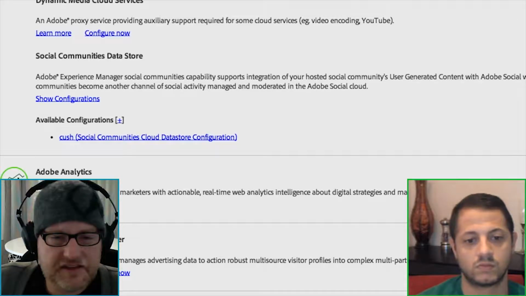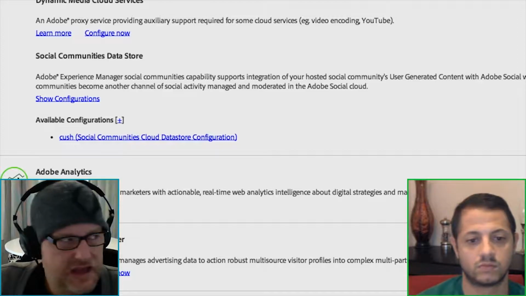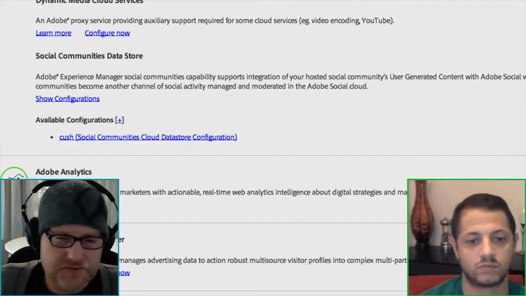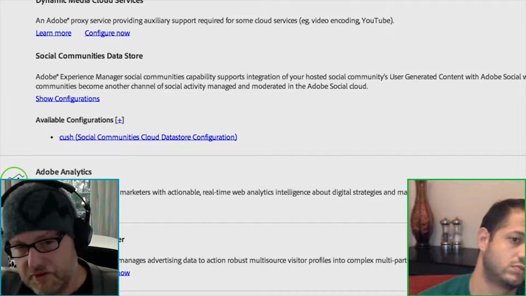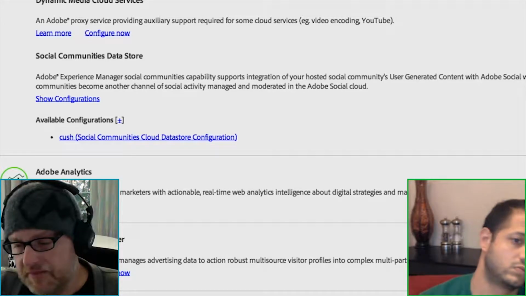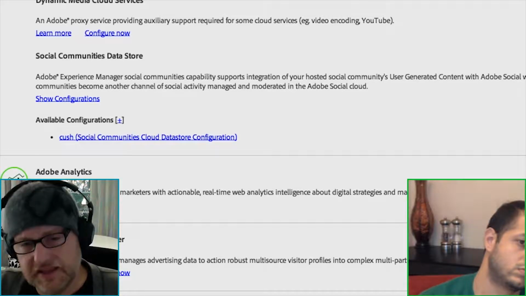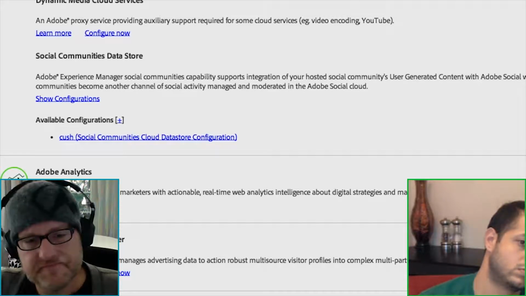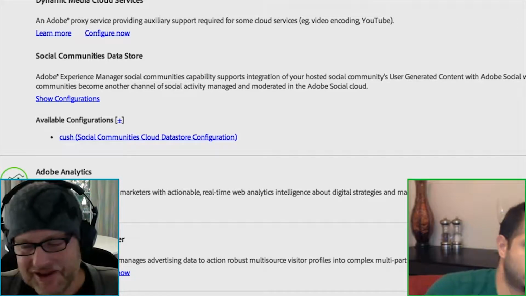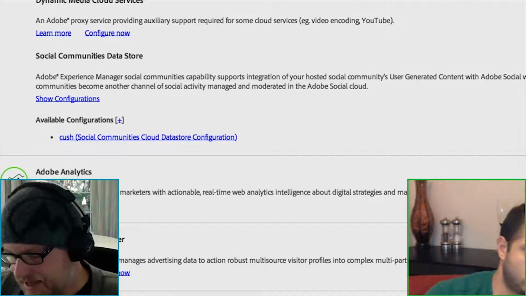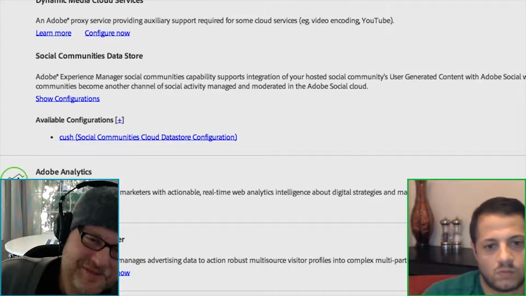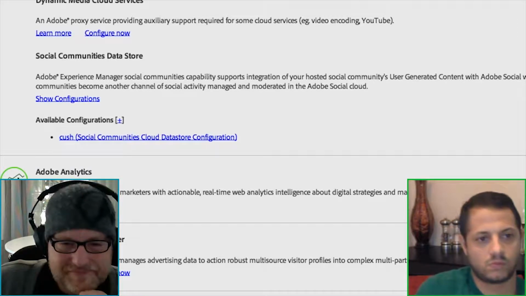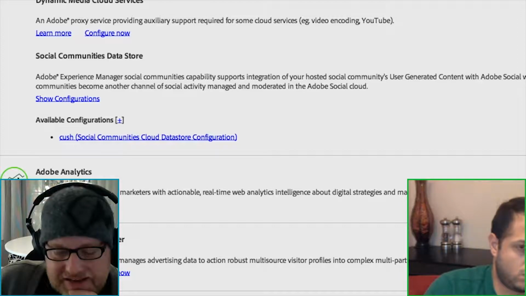So this was taken. This came out of the Social Commons framework. This is using Sling Resource Provider, and what it's doing is mounting a point in the repository to a remote API, and that API happens to be a new Adobe hosted cloud service. So this is completely in the cloud, scales well, as every cloud service does that we know of. It offloads some of the responsibility to them, which is always nice, right? It's always good to hand off responsibility, as long as the service is adequate and responds well,